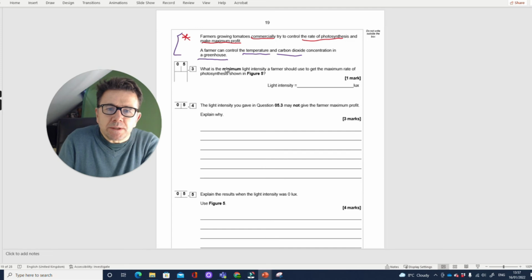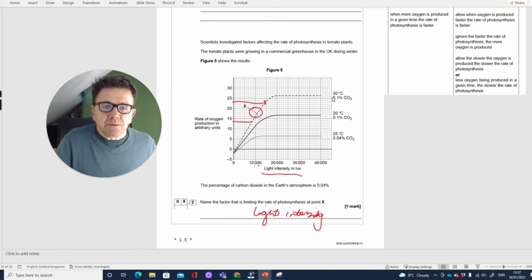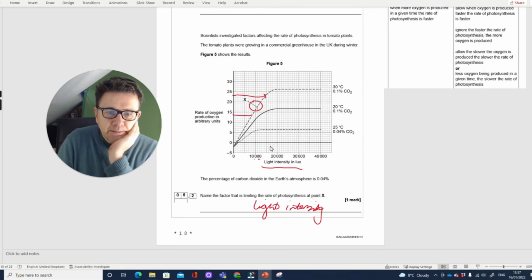So then it says, what is the minimum light intensity a farmer should use to get the maximum rate of photosynthesis, shown in figure 5. So let's have a look at figure 5. So the minimum light intensity to get the maximum. Well,